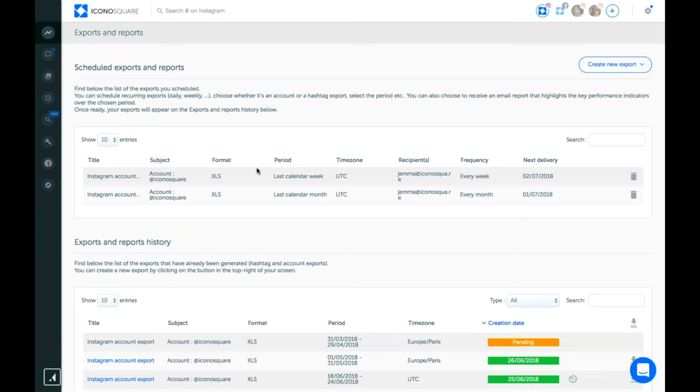So this is the exports and reports section of our product. So to set up a report, you just come over here and click create new export. You've got the option to choose between XLS and PDF, and the PDF reports are actually only available on the